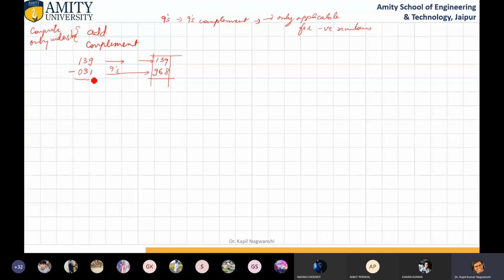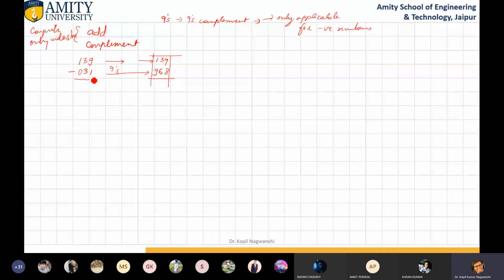Now this is 9's complement. 9's complement is whatever we add, it will produce 999. To make it 10's complement, just add 1 to this number. So what will it produce? 861. Now add together, and this will be 2, 9 and 8. No extra digit is there. It means the number is negative, and because the number is negative, we need to create 9's complement once again.